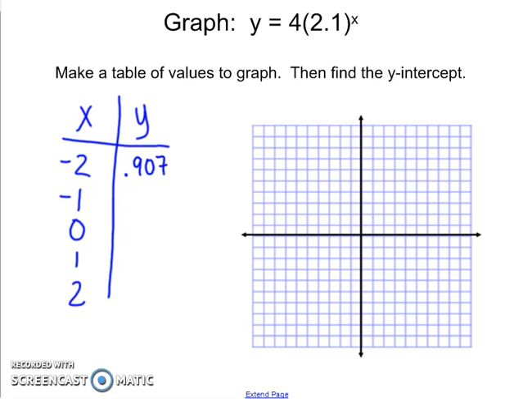Okay, so when I plug in -1, I get 1.90. When I plug in 0, I get 4. When I plug in 1, I get 8.4. And when I plug in 2, I get 17.64. So then we just